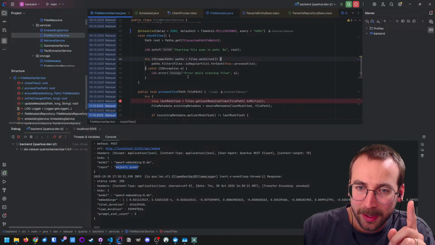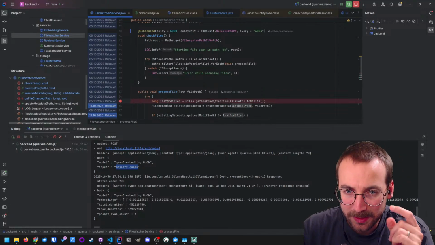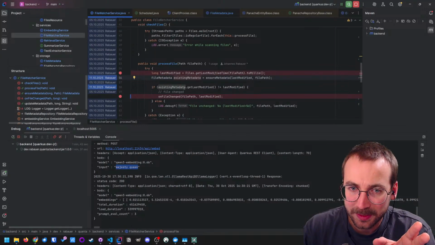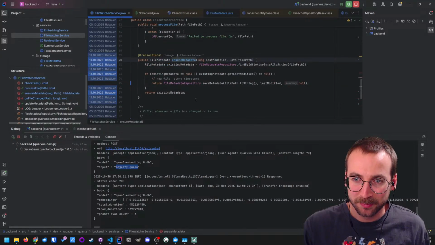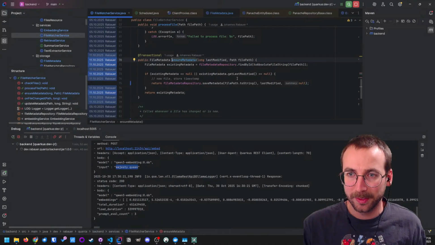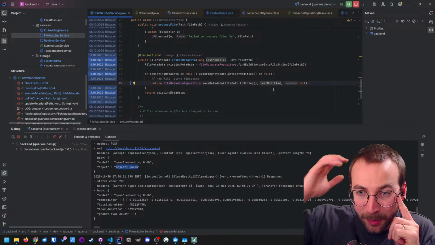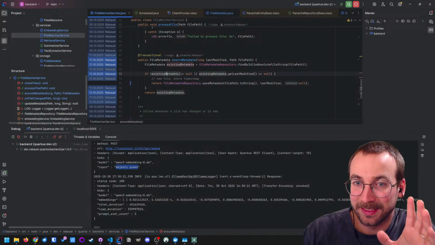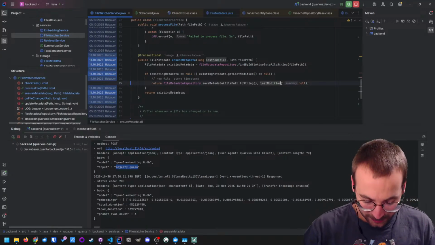Okay, let's go back. So it sees it's last modified at some point. There is no existing metadata. No, wait a second. So by ensuring that, so it does make sense. So if it's creating a new file, if the existing metadata is null and the last modified is null, then it is creating